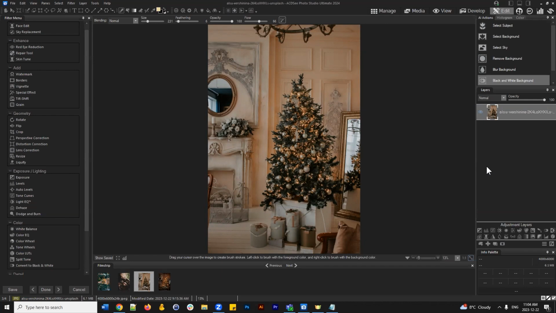So first and foremost, in edit mode, compositions are created when you add multiple layers. And so that begs the question, what layers are? So layers are either images themselves, such as our image right here, or effects that are being applied non-destructively to your image based on a priority. And that priority is a hierarchical one, and it's a top-down hierarchy. And so what I mean by that is that the effect that appears at the topmost part of your layer order will be the effect or image that you see before others. And a good way to showcase this really quick is,